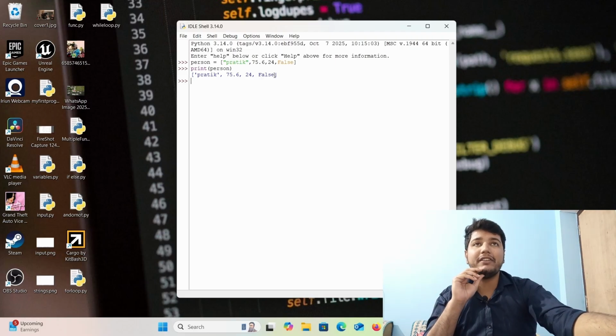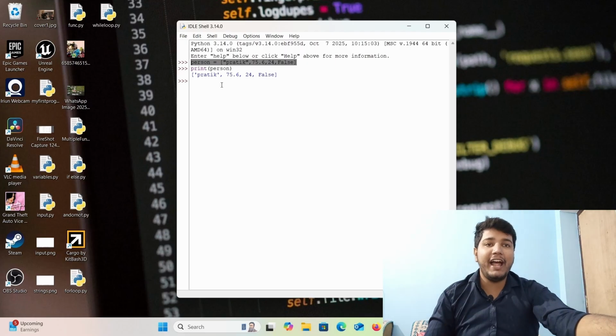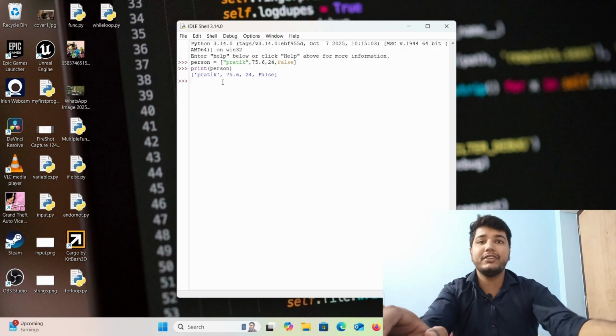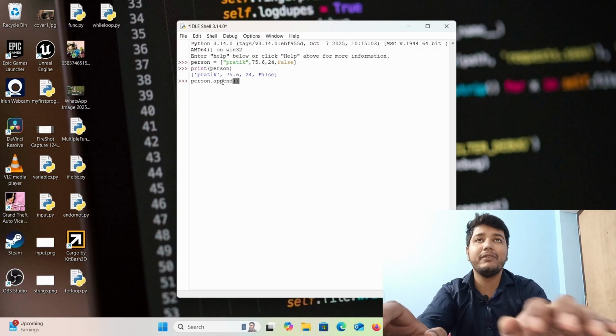Okay. What if we want to add one more item here? Like I want to add, for example, my height. Okay. So we already have created the list, so we have to append it now. So here comes the append function. By using the append function, we can add an item to the list after we created the list. So how do we use the append function? First we have to write the list name and dot append, and inside it what we want to add.